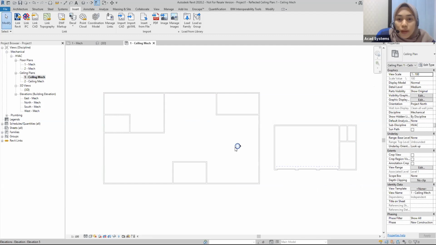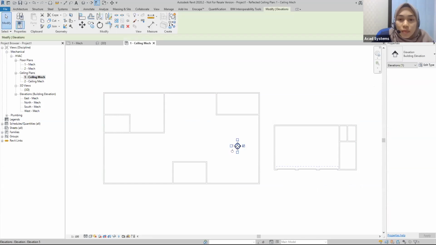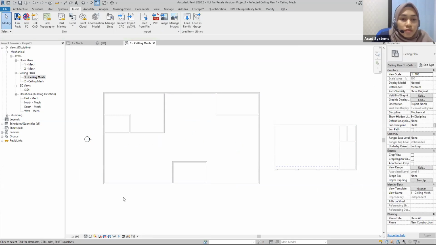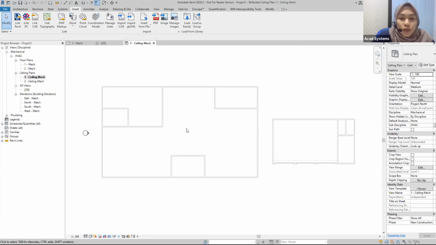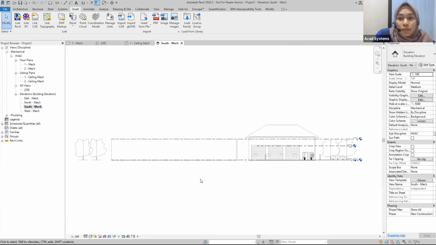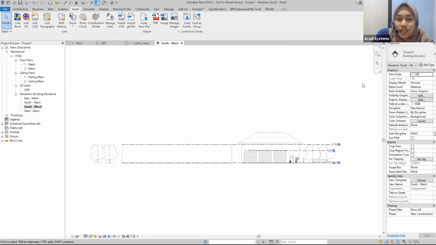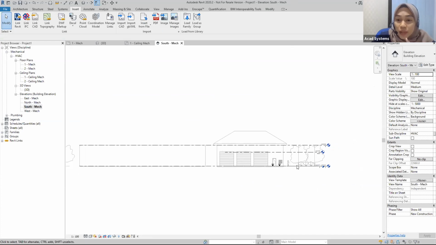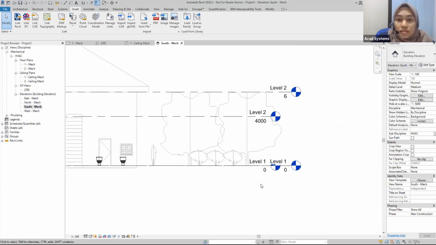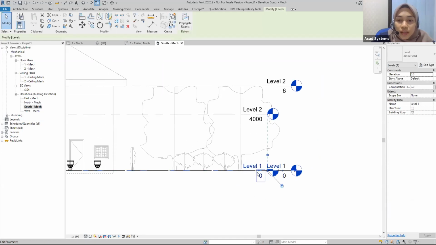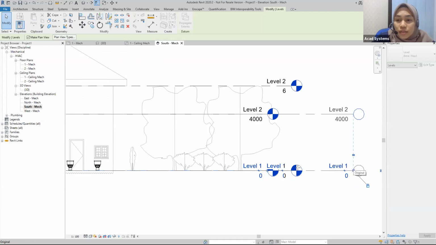Okay, so let me move this. All right. Okay, so go to the elevation view of the building. Click on this. Okay, remember that I said just now everything actually belongs to the architect. Okay, actually we got some that belong to us. So we zoom over here and then click on this. Okay, so this is